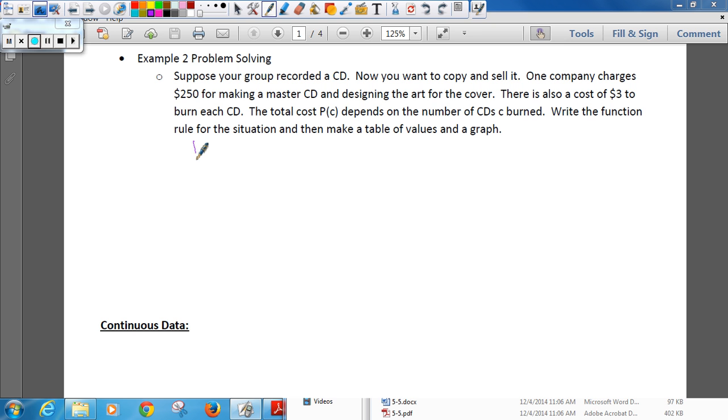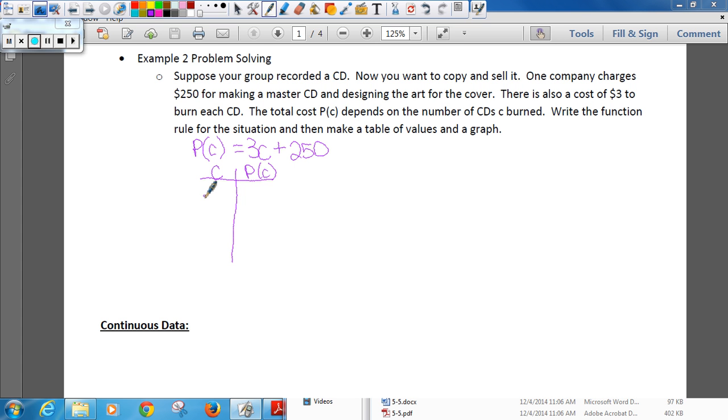Well, it says the total cost is P of C. And we know that it costs $3 to burn each CD, plus it charges $250 for that first original CD. So there is our function rule that it said to write. It says then do a table of values. We have the number of CDs and then its cost. So let's say, and you can choose random numbers, I'm going to choose